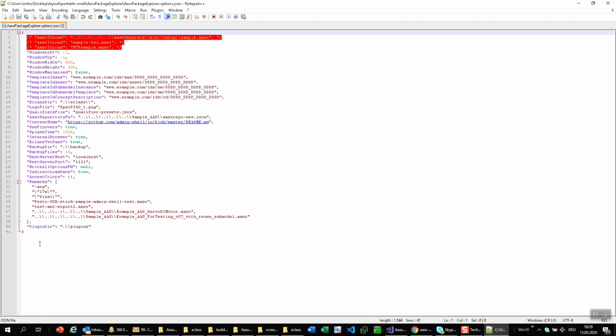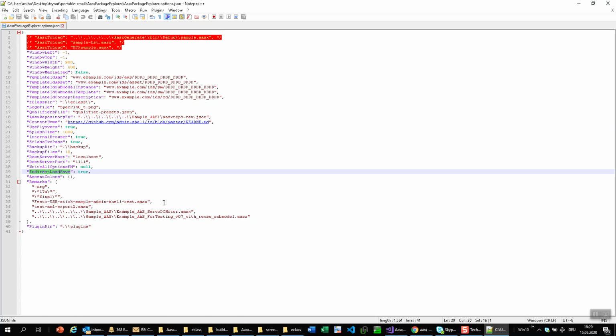Maybe interesting to see, I've explained in the last video, plugin dir means that the program is automatically looking in the plugin folder, which is indicated by a dot relative to the exe location and then plugin. You see here also then, for instance, the eClass directory where the eClass XML files are being stored. I've also shown in the last thing. You see path maybe to a repository. You see what is shown here by default when starting the program inside the content area, and maybe very interesting,